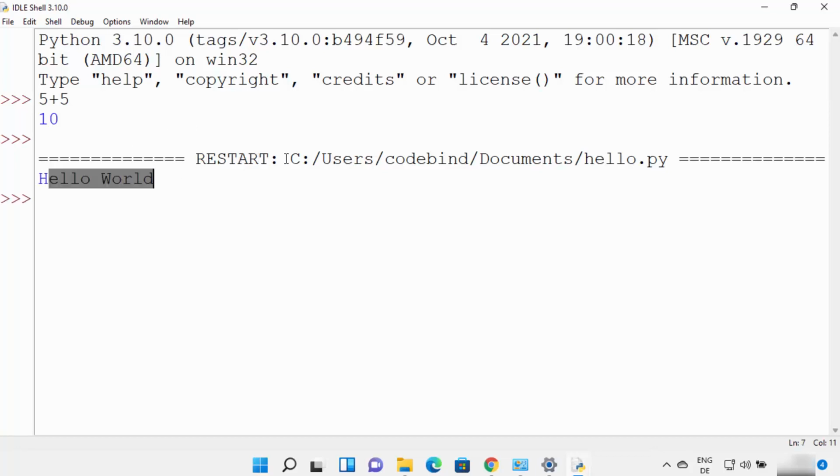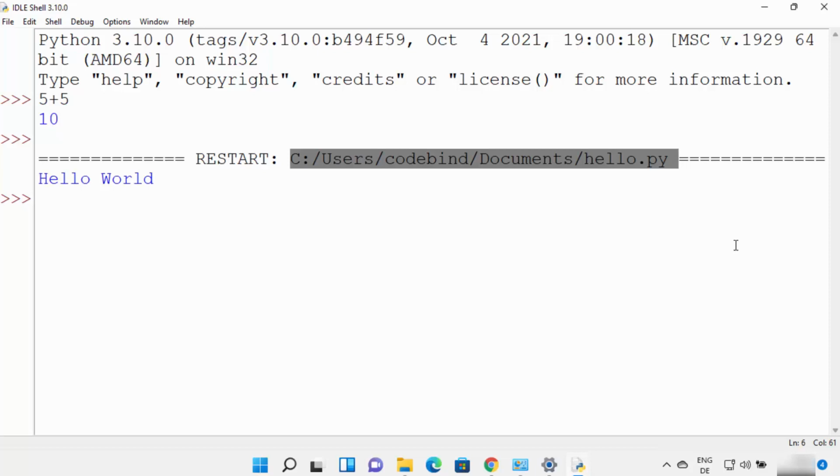result of this file. So this is how you can download and install and use Python on your Windows 11